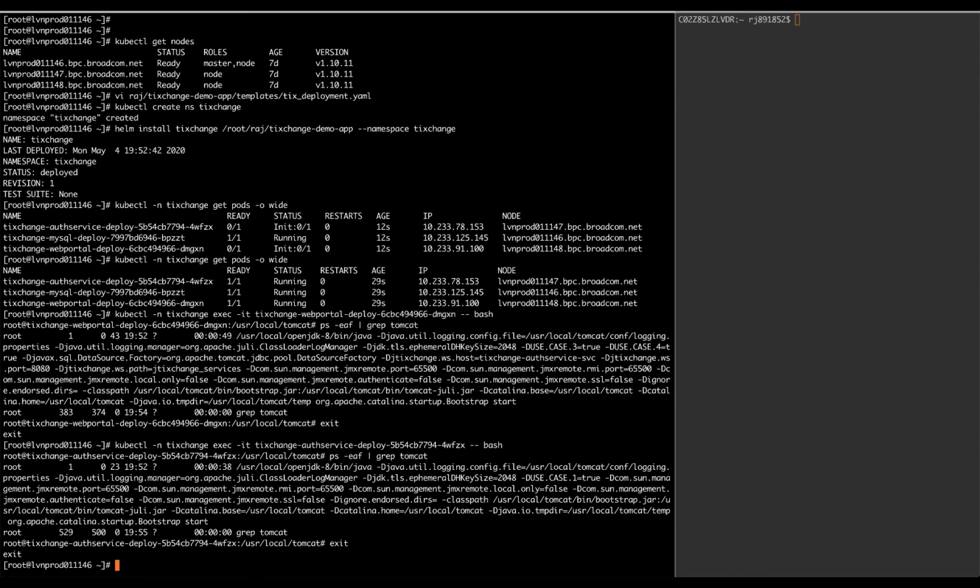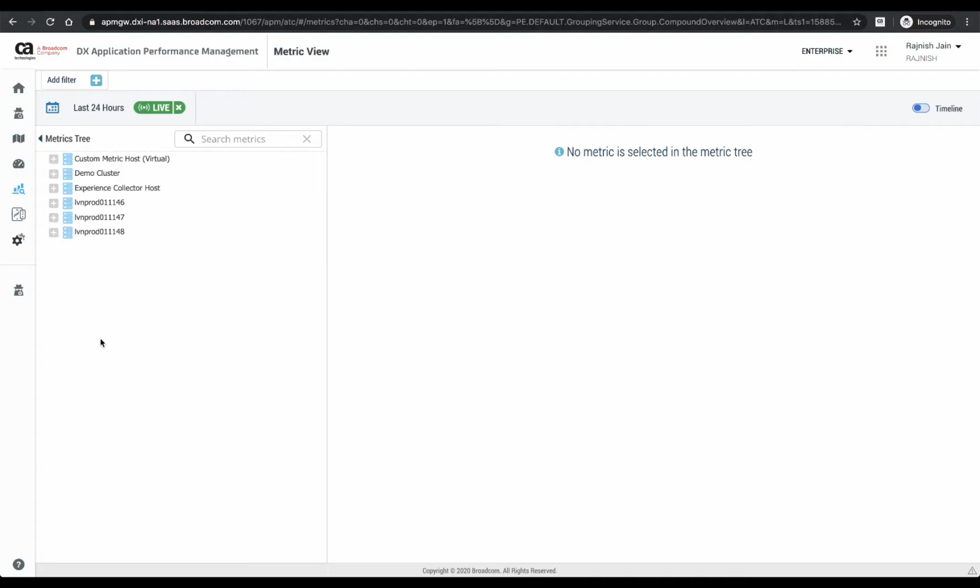Now, let us go into APM and see if the application has been auto discovered, the agent configuration is auto attached, and the application has automatically started reporting into APM.